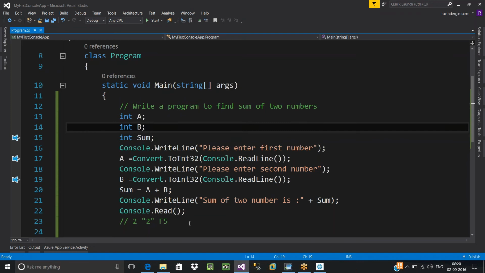So now you know how to write a basic program in C#. You know how to add two numbers. If I ask you to find the subtraction of two numbers, can't you do that? You can. Product of two numbers, division of two numbers. That will be your exercise, so everybody should practice it.